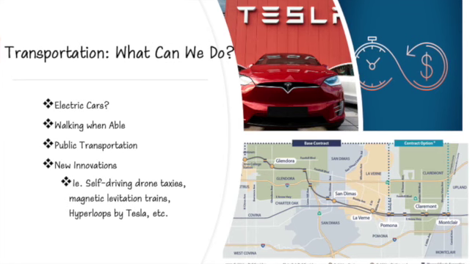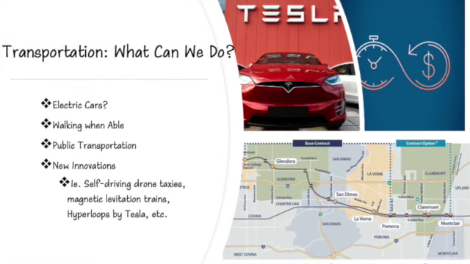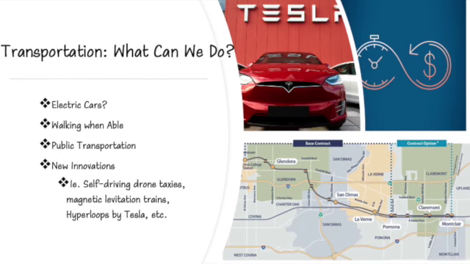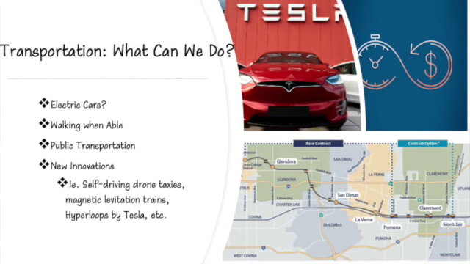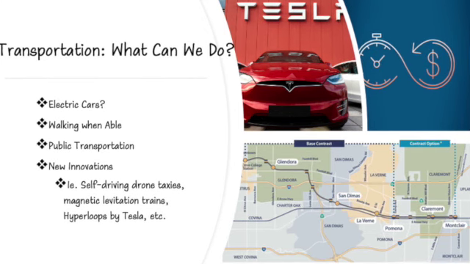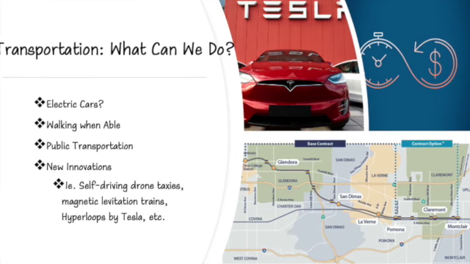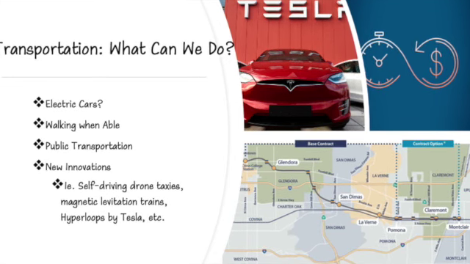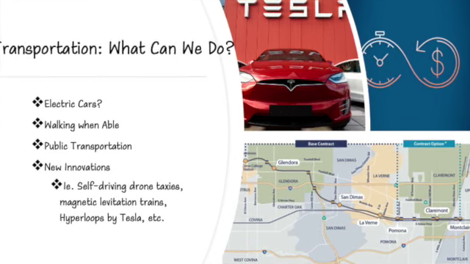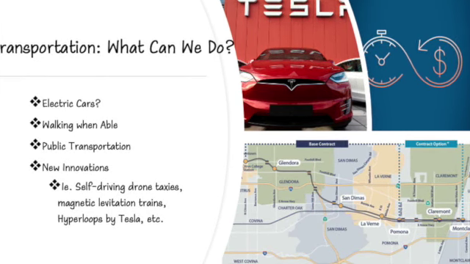There are various innovations on the rise but have yet to make their way into our economy. Things like self-driving drone taxis and magnetic levitation trains are upcoming improvements. Time is of the essence. It is hoped by many that we can come up with innovations prior to the point of no return for global warming. We must look within and do our part in making improvements to our own lives and the lives of generations to come. A quote to end us off by Richard Vogel.